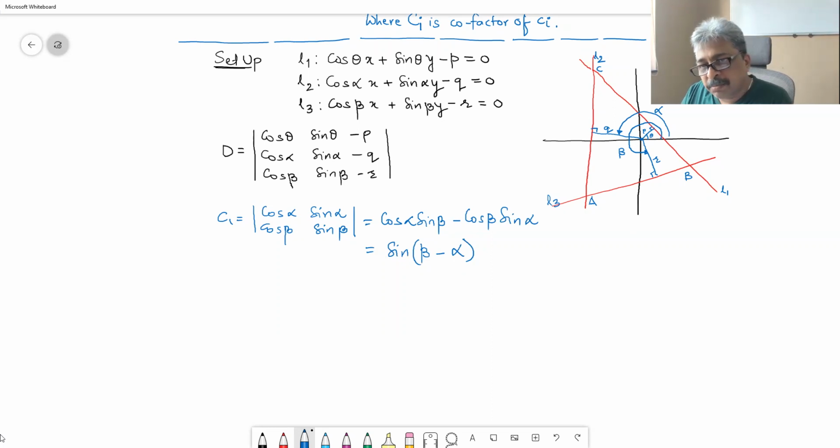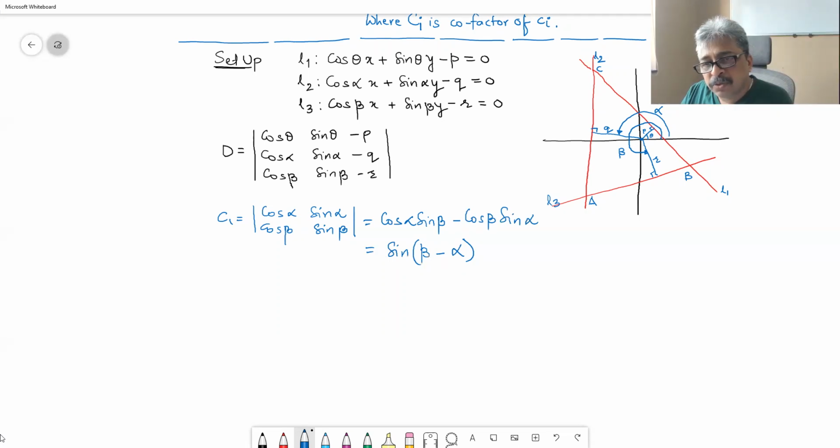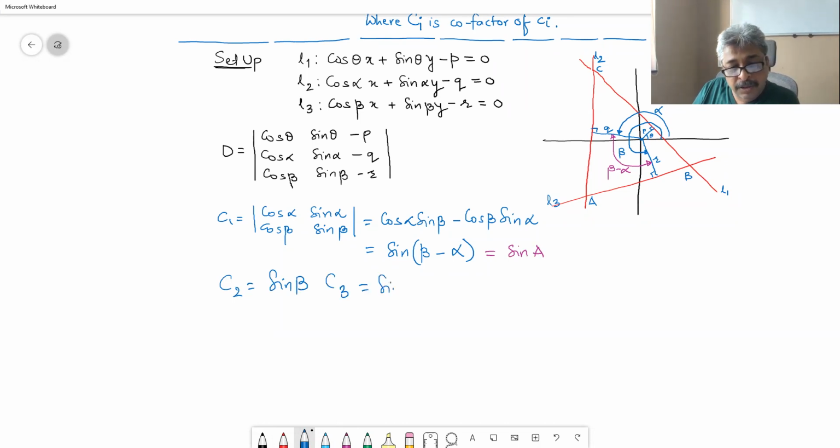Yes, refer to the diagram. This is beta and this is alpha. So we are talking about this angle from here to here. And sine of beta minus alpha, that is cyclic quadrilateral, therefore this is sine A. Similarly, we can say C2 is equal to sine B, C3 is equal to sine C,